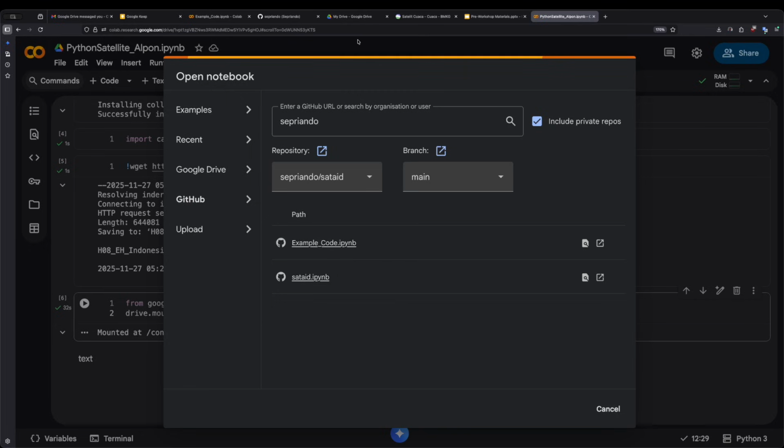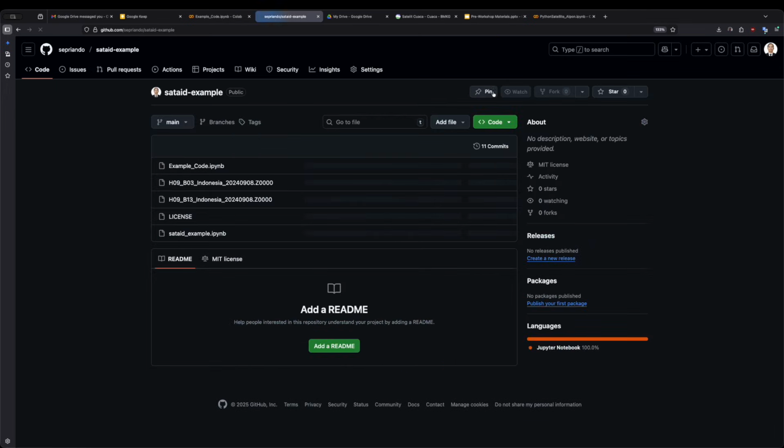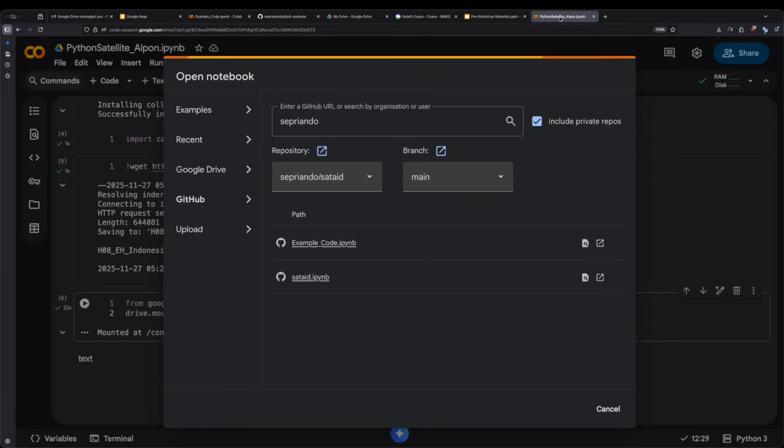Okay, I will try to copy this, my GitHub account. For example, I want to copy the link of this example code. Right click, copy the link, and paste here.